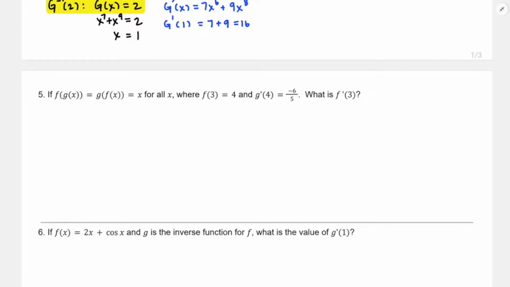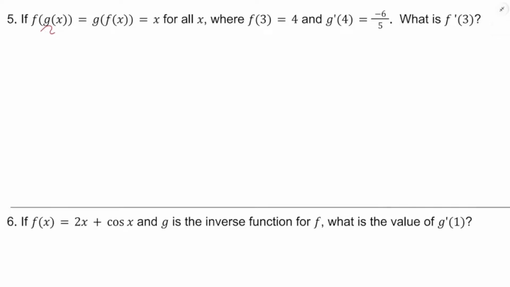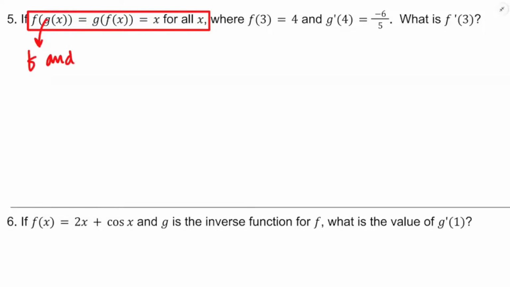Number 5, this one's interesting. Like I told you in class, if you see this kind of expression, f of g of x equals g of f of x equals x for all x, that's the definition of being inverse functions. You need to recognize that. So the takeaway is that f and g are each other's inverses. Now, f prime of 3,